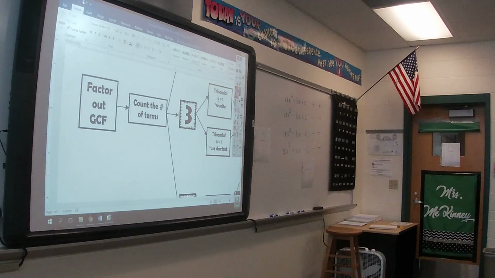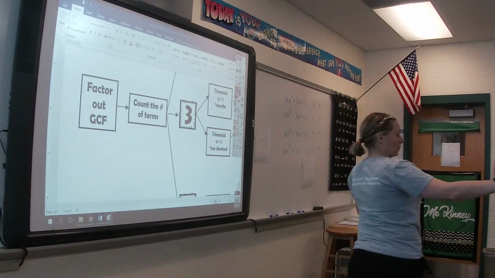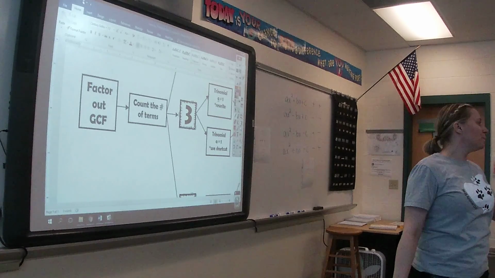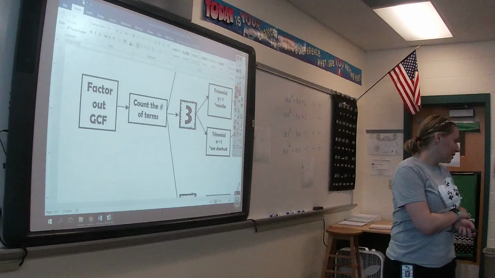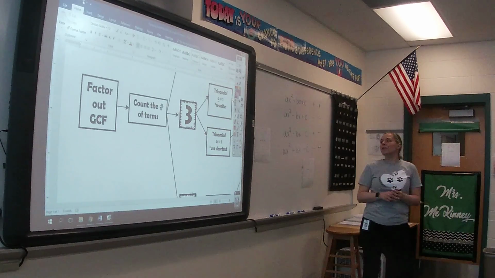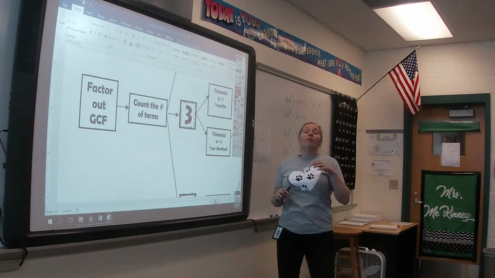Okay, objective today is that we now have a new goal. Our new goal is no longer to factor as a blanket statement, but instead to factor completely. It's sort of similar to the idea, if you were to get an answer of 4/8